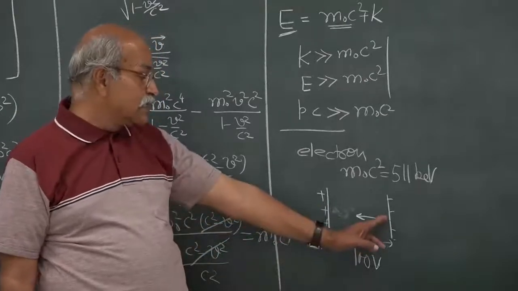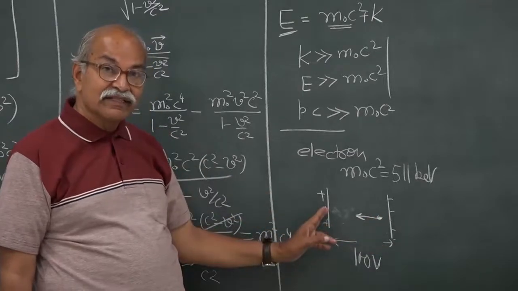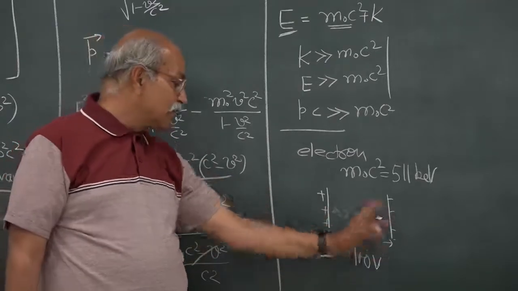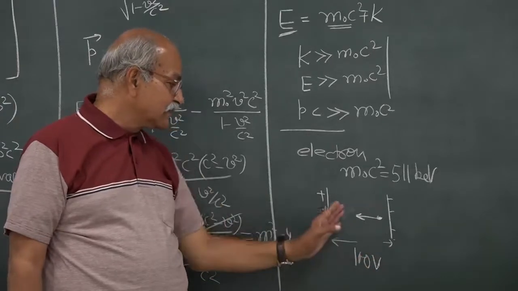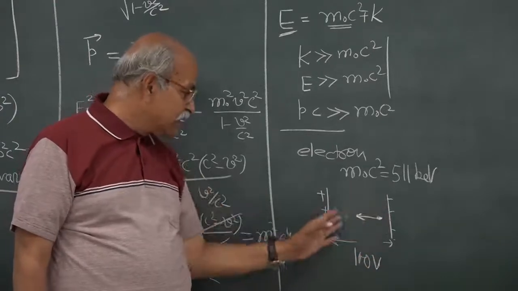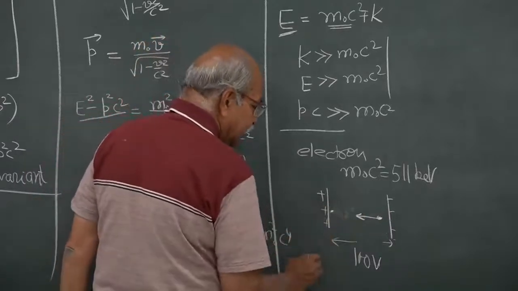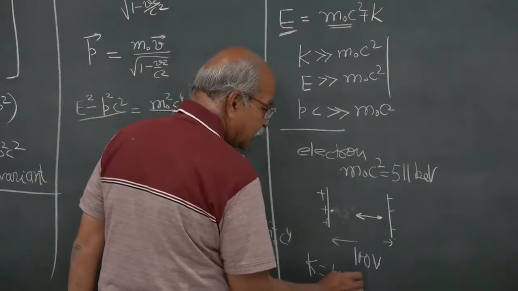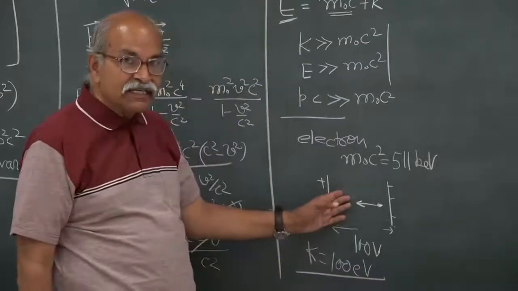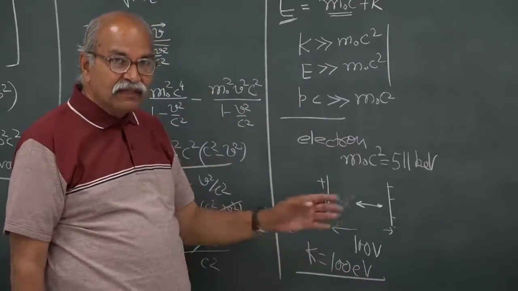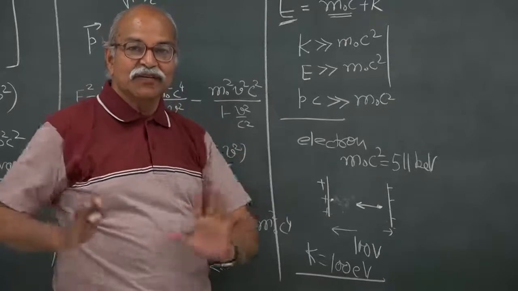If it is released from rest from this plate and reaches here, then the potential energy decreases by 100 electron volts, and the kinetic energy increases. So, when it reaches here, the kinetic energy becomes 100 eV. Should I apply relativity? Unless I am doing very sophisticated measurements with a lot of accuracy,